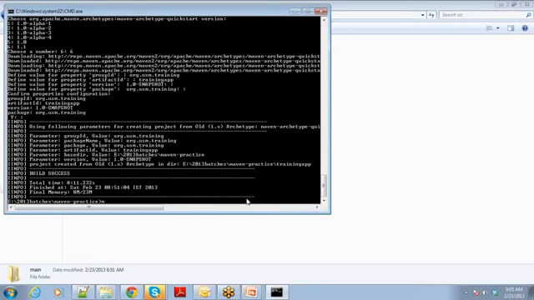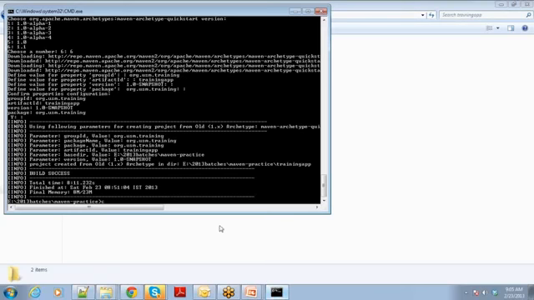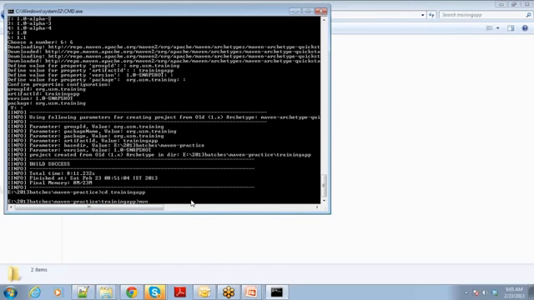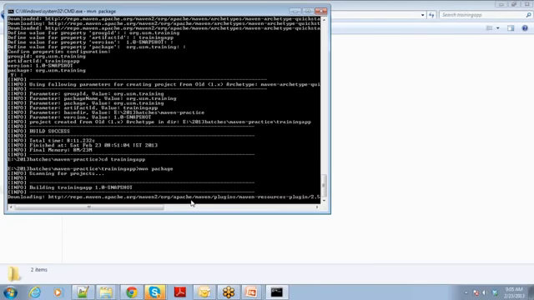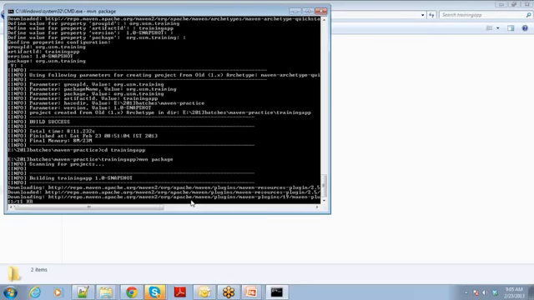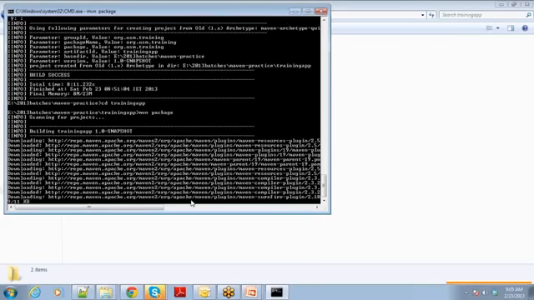So I will just say now, I will go to the project. So in Maven practice, my project is training app. So I am just going to that project. CD. Okay. Now I say mvn package. I am running a command mvn package. Now you can see it started building the project. So for building project, it wants some third party things. It is downloading all of them.